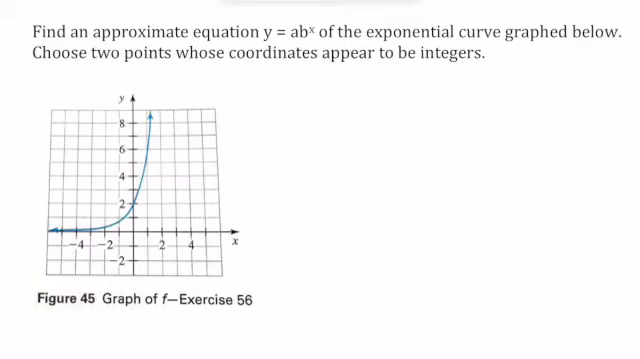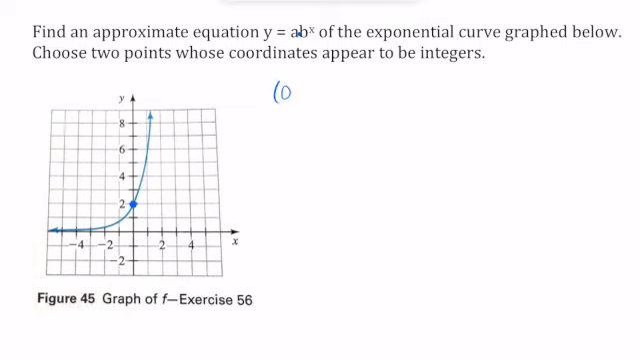Suppose we again want to find an equation of the form y equals a times b to the x, but this time instead of being given 2 points, we're given a graph. What we need to do in this case is use our graph to get 2 points and then proceed as we did before. On our first graph, we can see that there appears to be a point right on the